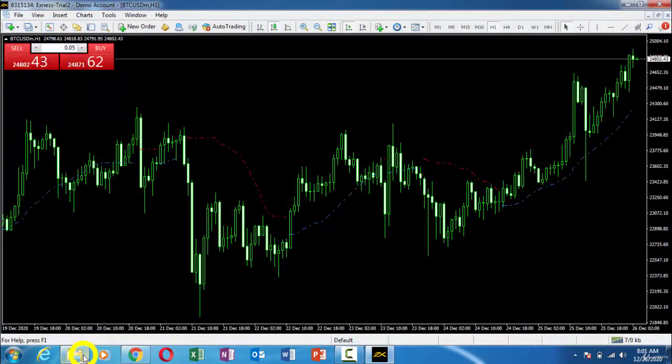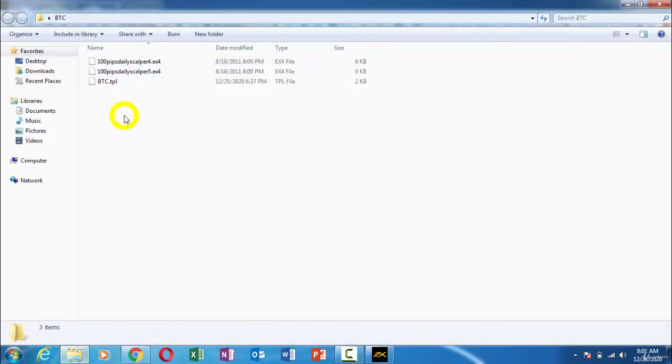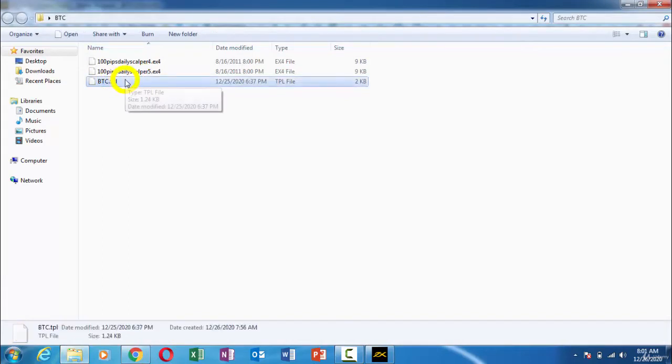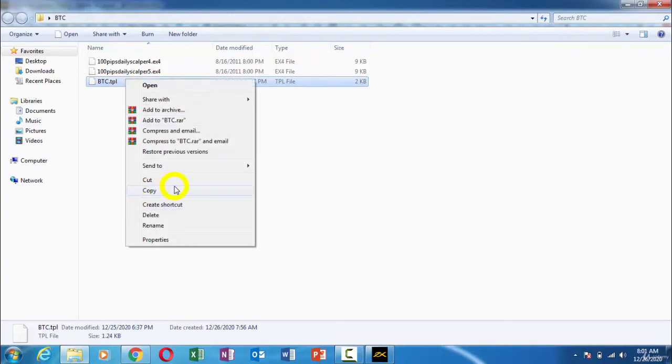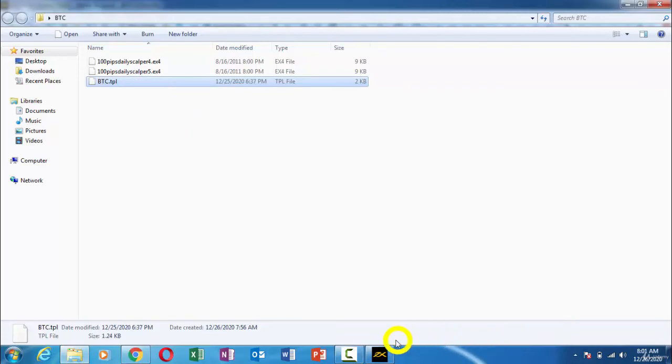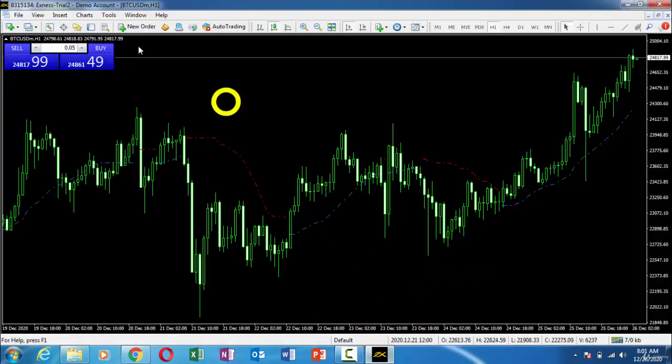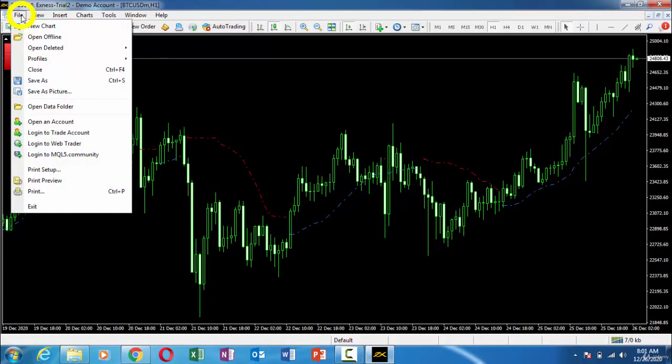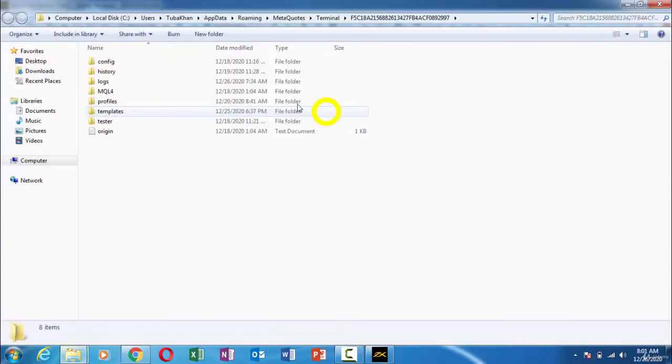Okay, then we will go back again, and now you need to copy this TPL file, this one, BTC. Just right click there and copy this file. Again go back to your MT4, and now you need to go to File, Open Data Folder, and then go to Templates here, this one.